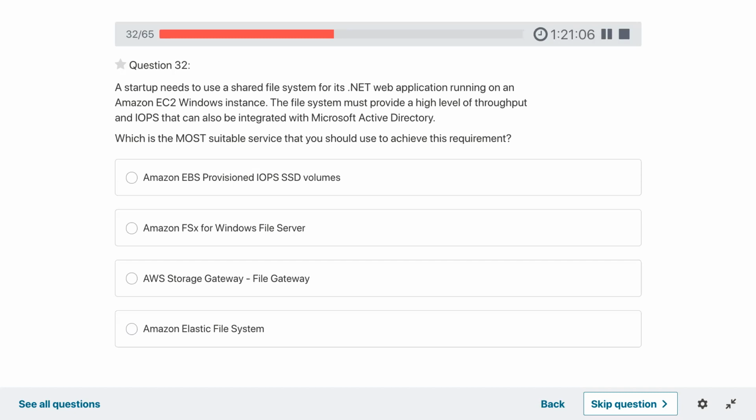A startup needs to use a shared file system for its .NET web application running on an Amazon EC2 Windows instance. The file system must provide a high level of throughput and IOPS that can also be integrated with Microsoft Active Directory. Which is the most suitable service that you should use to achieve this requirement?